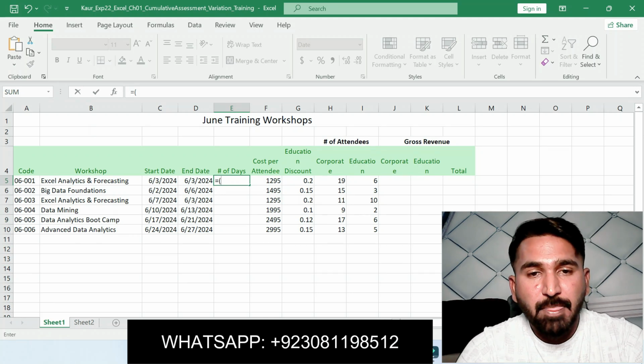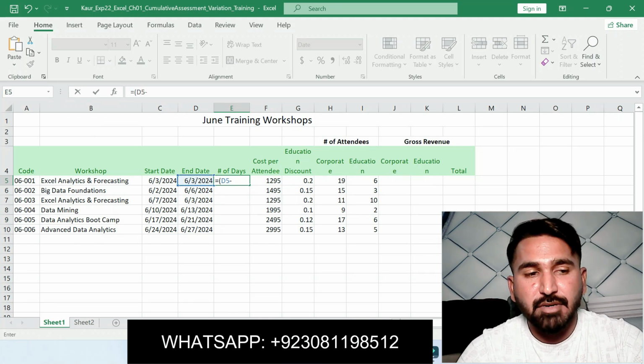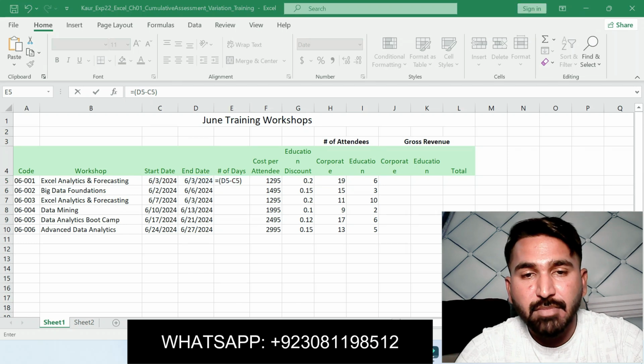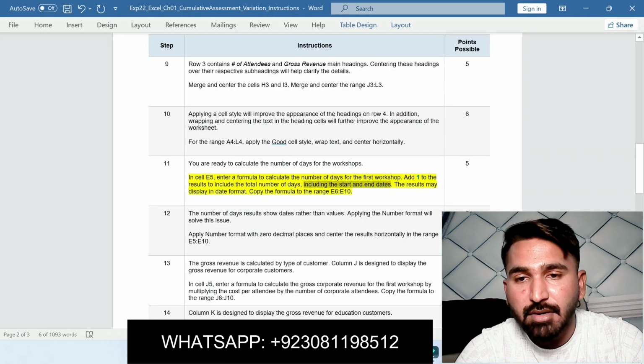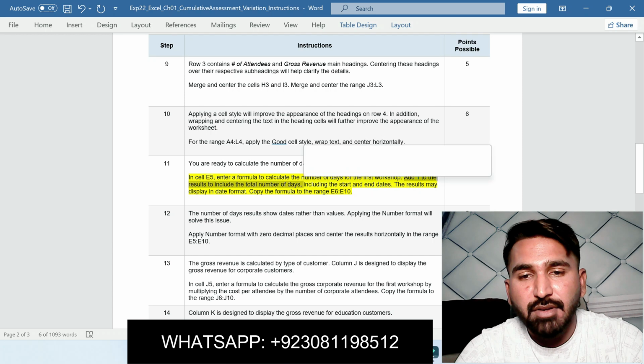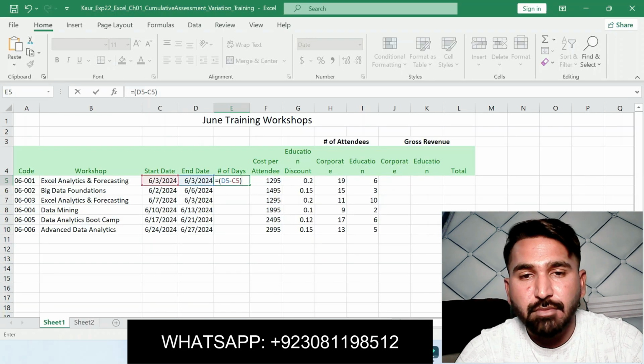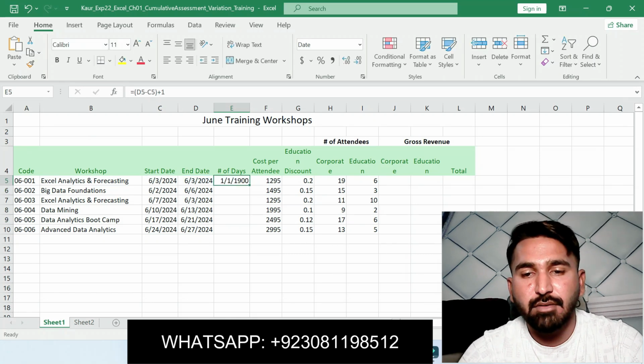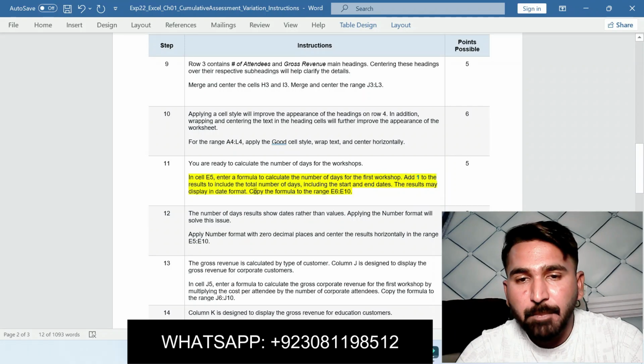Here is add 1 to the result. Okay, here is fine. Copy the formula to the range E6 to E10.